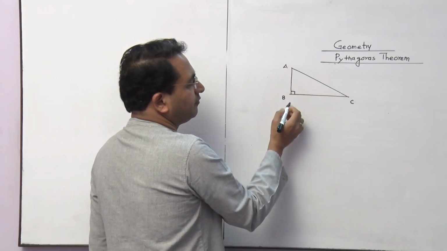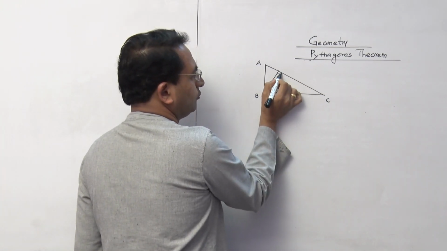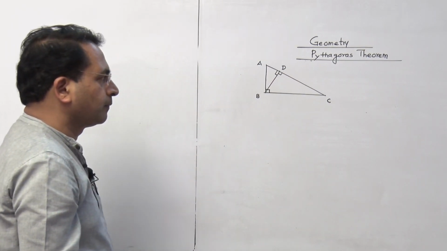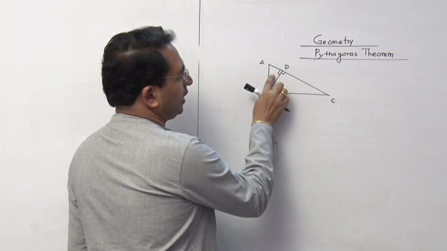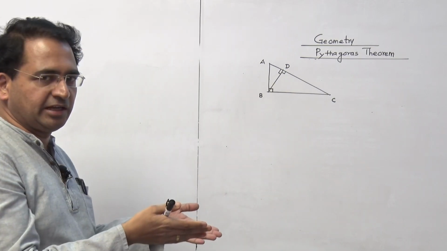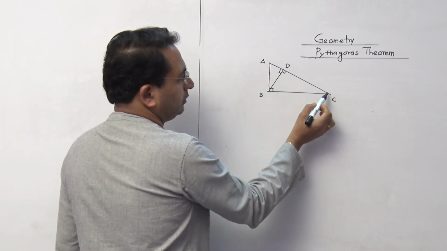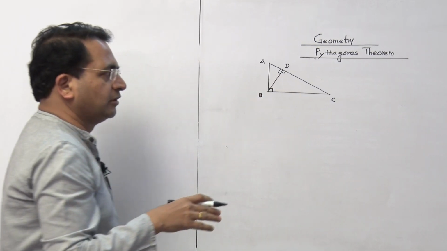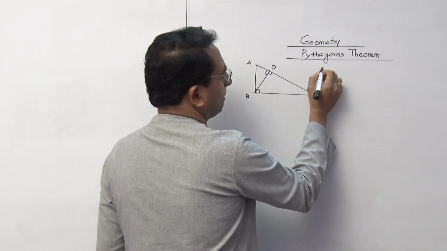But there is one proof which we have to handle now. When you drop the perpendicular on the hypotenuse, that is point D now. How many triangles are formed? 1 and 2. But if I ask you how many right angle triangles are there, then your answer is going to be 3, because the main triangle, then the smaller triangle, and this triangle, there are in all 3 right angle triangles.